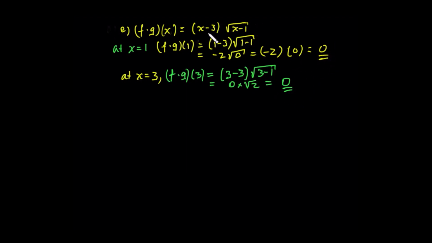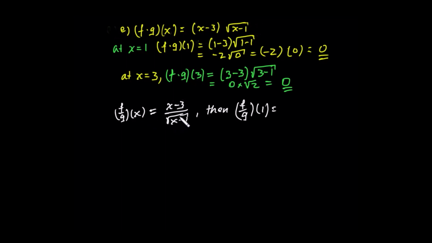በአንድ g of x 0 ይመጣል g of x times f of x 0 ይመጣል ማለት ነው በሶስት ደግሞ f of x 0 ይመጣል f of x 0 ከመጣ ደግሞ ምን ይመጣል ማለት ነው 0 times any number is 0 ይመጣል ስለዚህ the product becomes 0 ማለት ነው ወደ ሁለተኛው እንሄድ ይሄ እንግዲህ አንደኛ ለf times g ነው።